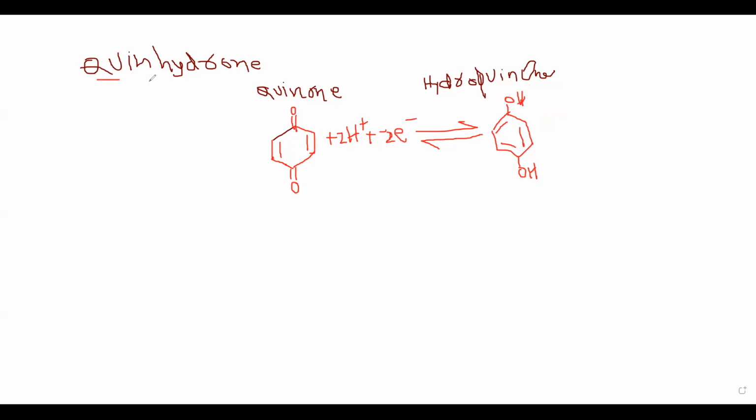My dear students, you must remember what quinhydrone is. A 1:1 ratio of quinone and hydroquinone is called quinhydrone. This quinhydrone is also used as an electrode to find out the pH. How do we determine pH again? Here, they are taking a beaker again.